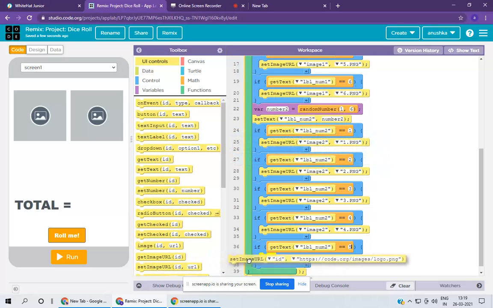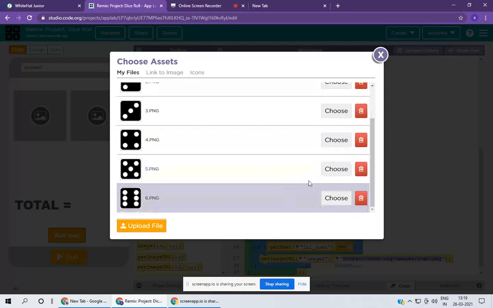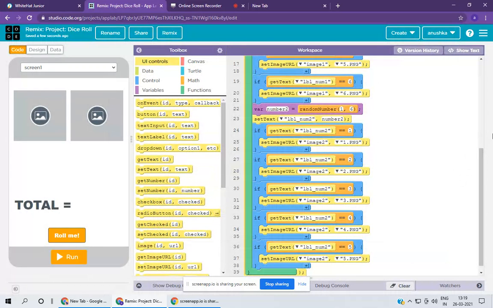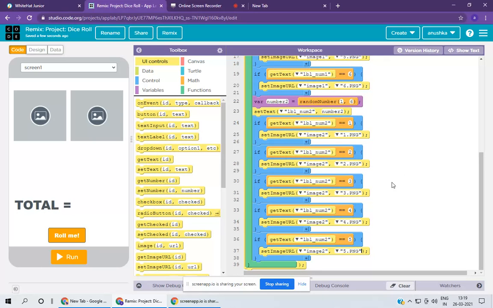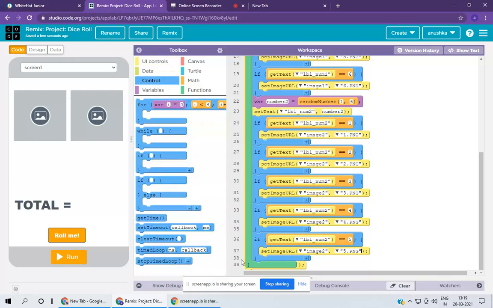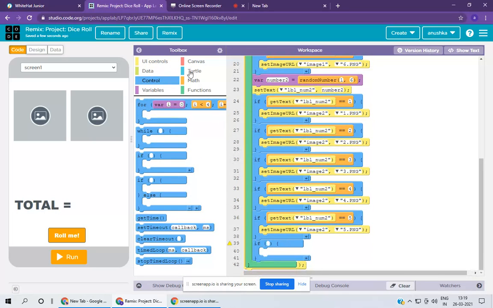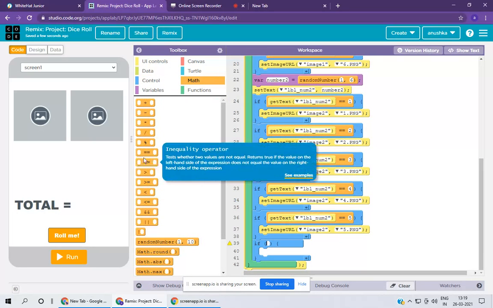Set image URL, and ID equal to image number 2. Choose, and this I done, guys. Okay, I done. Do you have done? So it's my last one for 6, and take go in maths.